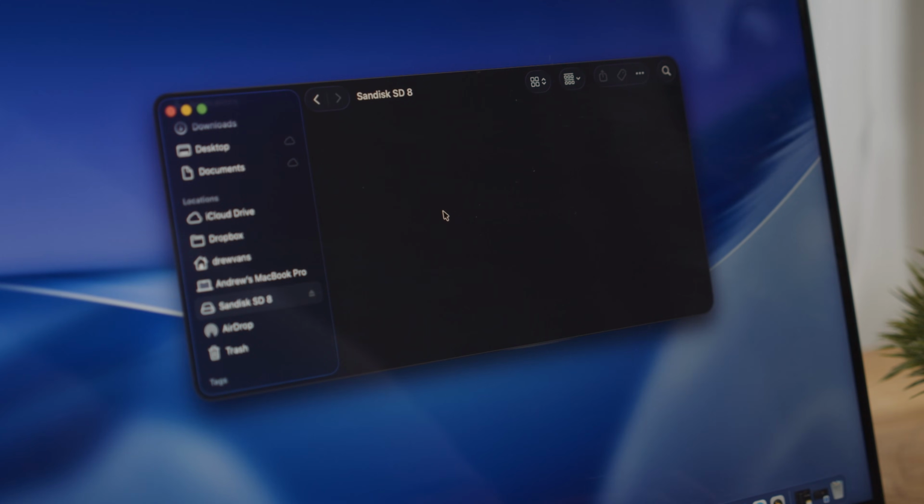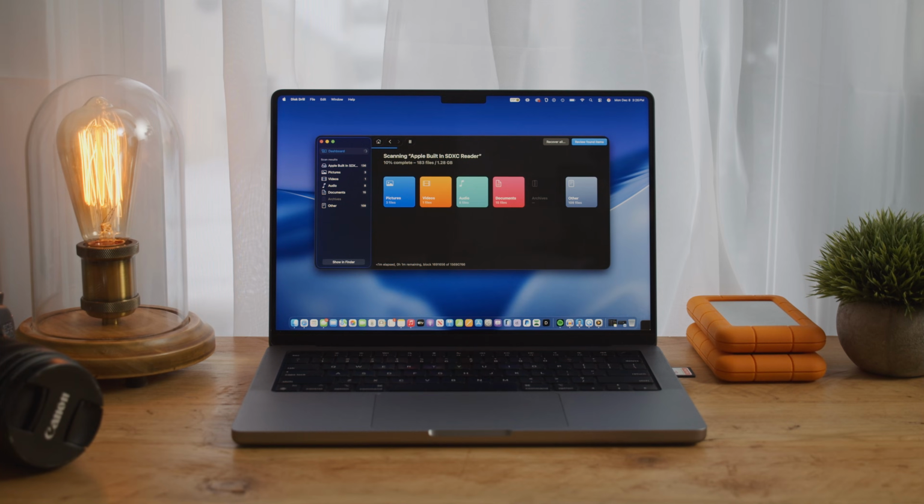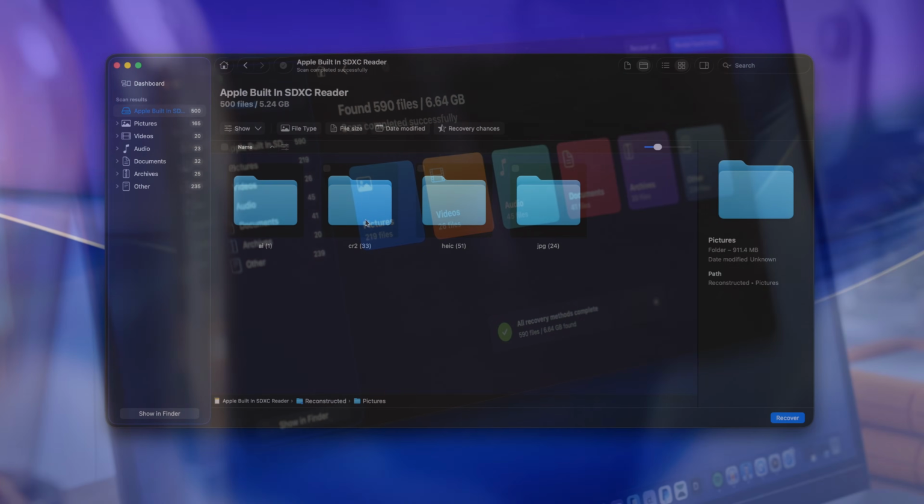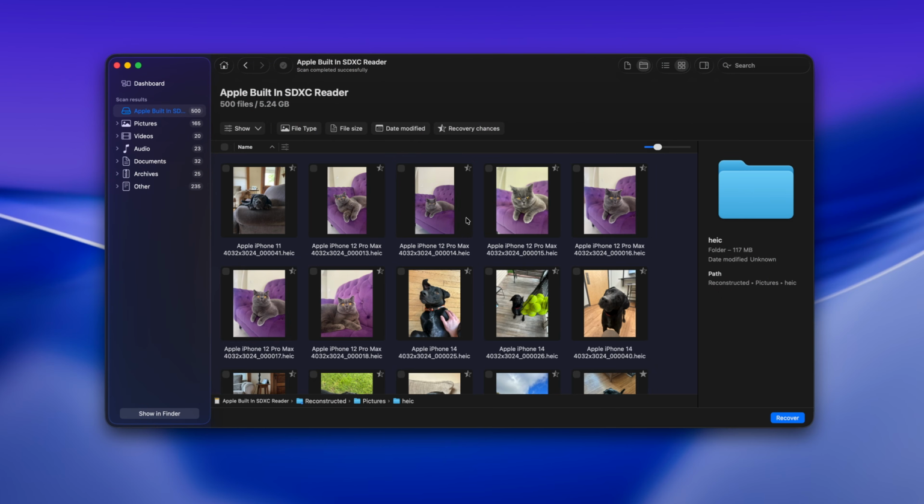Did you just delete all of your files and you don't know what to do next? Well, today I'm going to show you how to recover deleted files on macOS using Disk Drill 6. So even though it may seem like your files are gone forever, there's a very simple process we can use